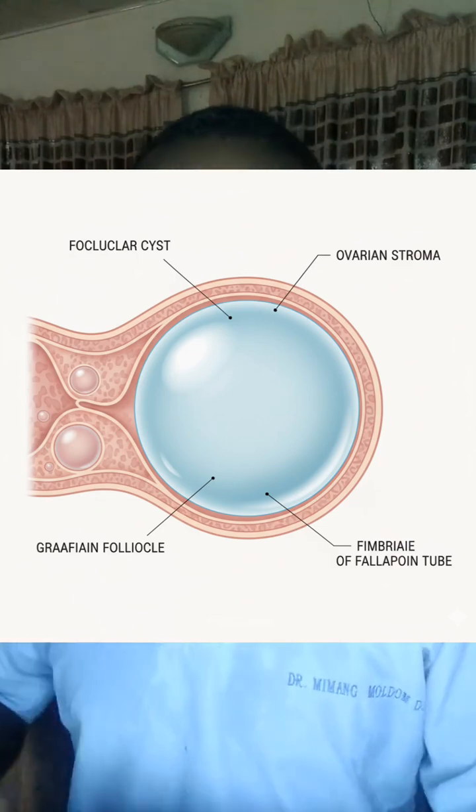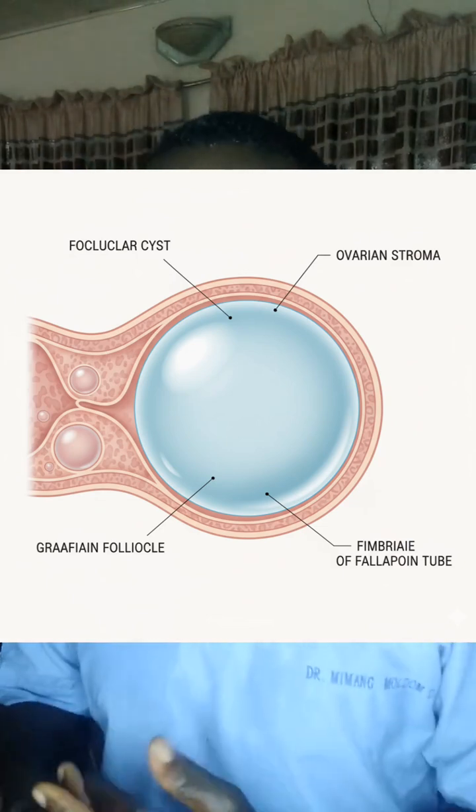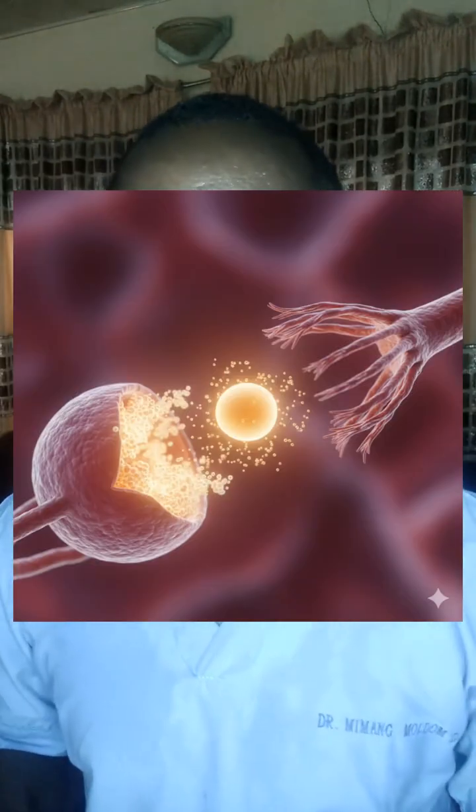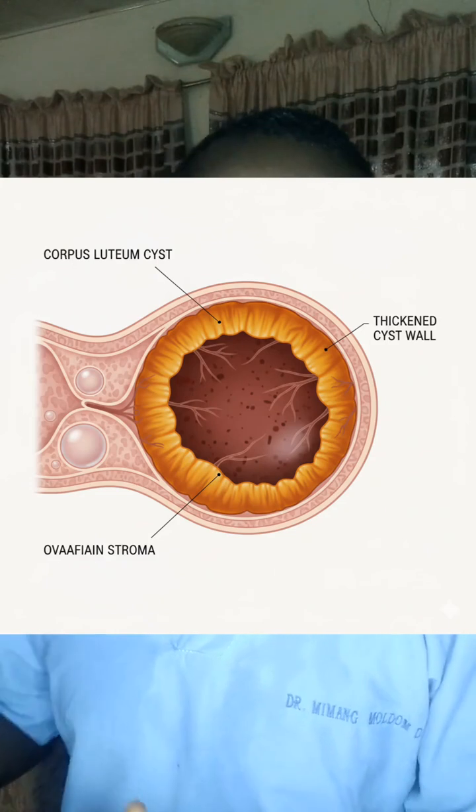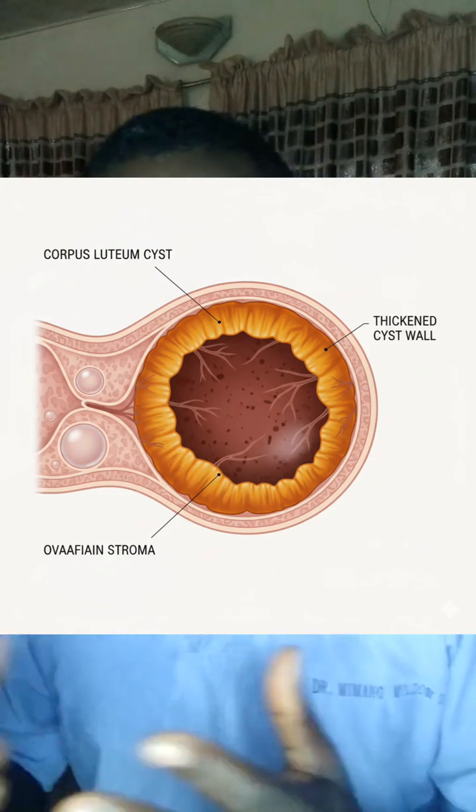Now, one dominant follicle becomes so big, and at ovulation it ruptures to release the egg that enters into the fallopian tube where fertilization occurs. After ovulation, the follicle that released the egg forms the corpus luteum that begins to secrete progesterone that will eventually help with the pregnancy that should have happened. However, if a woman doesn't get pregnant, the corpus luteum involutes. It reduces in size until it disappears. That's the normal ovarian cycle.